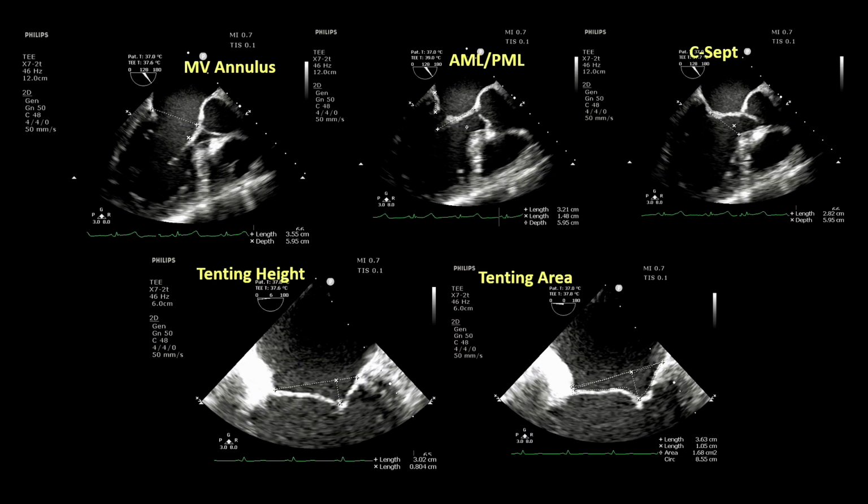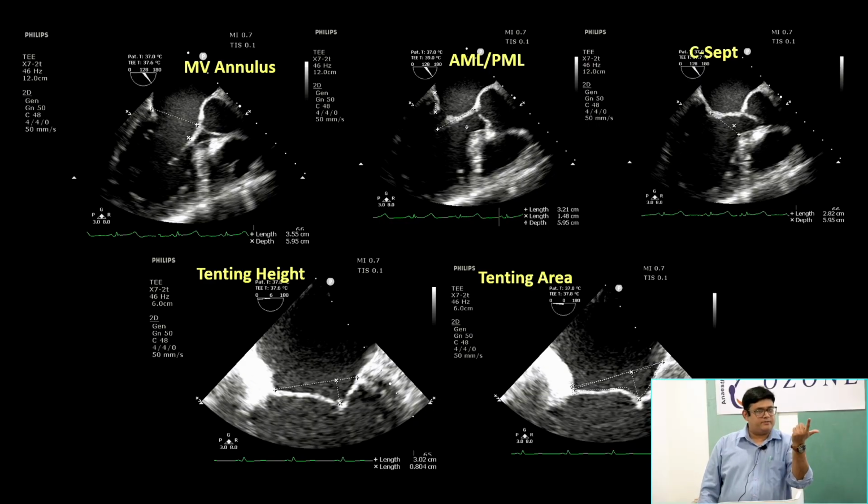Now there are certain measurements which we do, that is your mitral valve annulus, your AML length, your PML length, your C-sept distance. C-sept distance is the distance from the coaptation point of the mitral valve to the interventricular septum. In cases of excessive MR, this is to assess feasibility and predict the successful outcome of the repair. And in cases of restrictive MR, you do tenting height and tenting area, where a value of more than 1